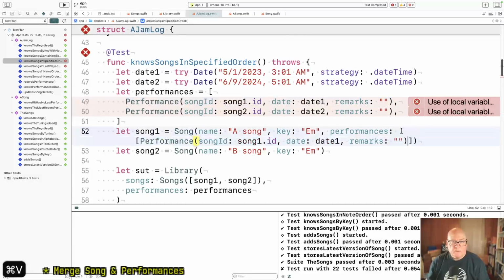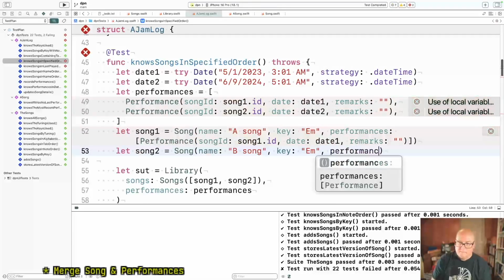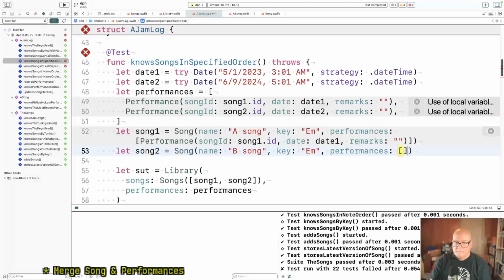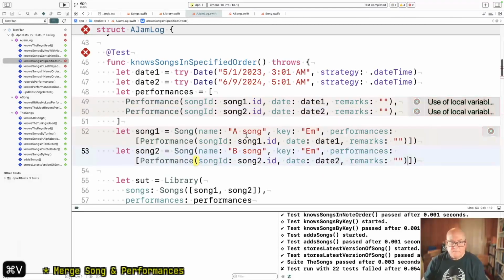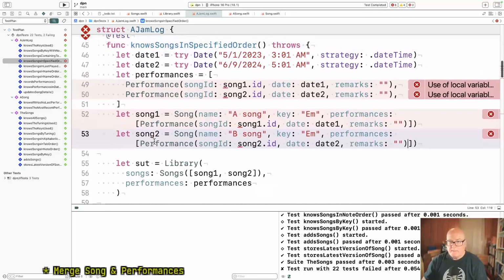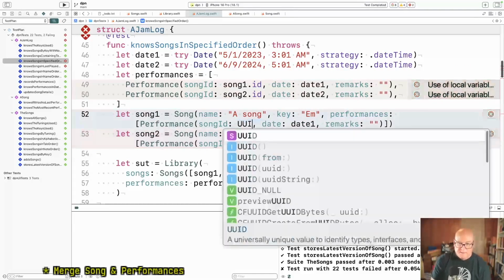This is song one. And this is just going to be UID until we clean that up.